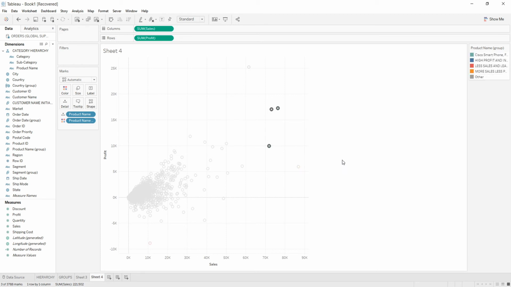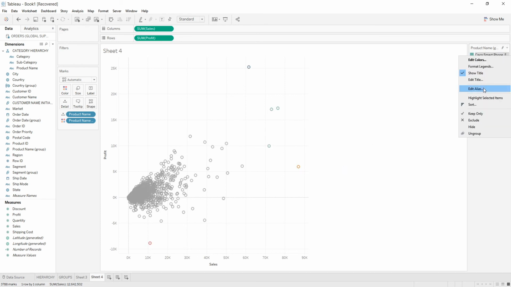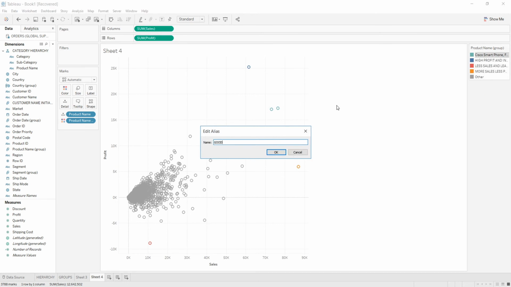So we can create a group of them and give them the alias, that is good sales and good profit. And then further click on the OK. Now we have these 5 groups created from this visualization, which are basically visual groups.